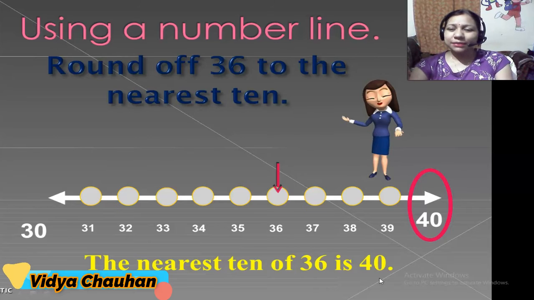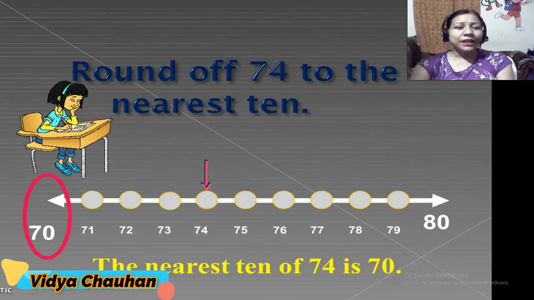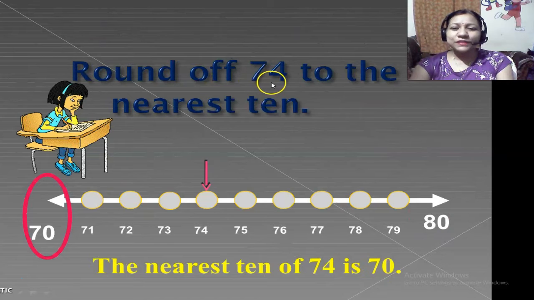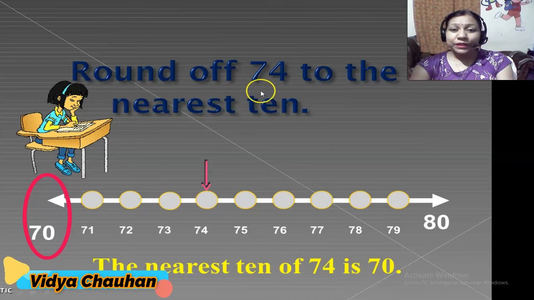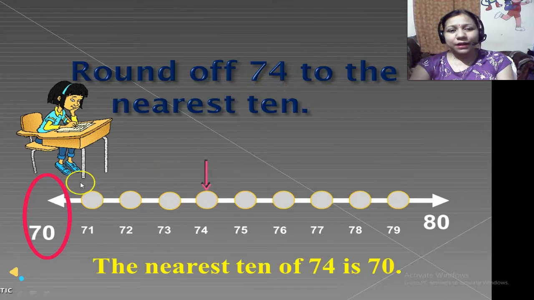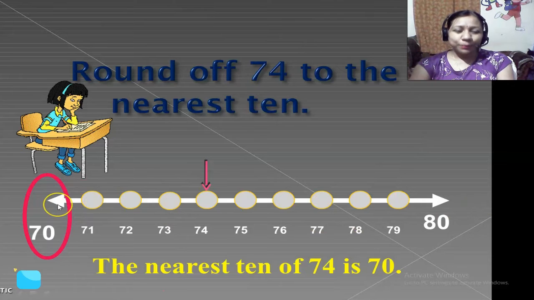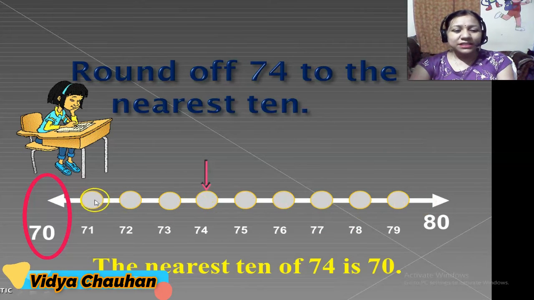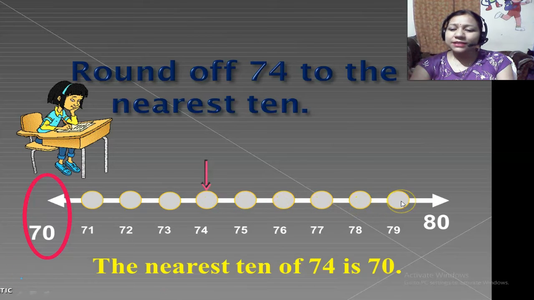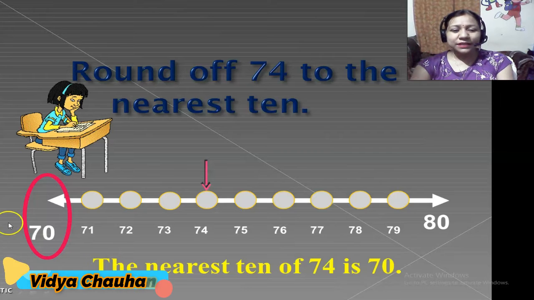Moving forward, let us take some more questions from your book exercise. In the second part, you have to round off 74 to the nearest 10. Now, 74 to nearest 10. So, once again, between which two numbers do we have to prepare the number line? We will prepare the number line between 70 and 80 because 74 lies between 70 and 80. So, preparing the number line and then dividing the portion into 10 equal parts, it is 71, 72, 73, 74, 75, 76, 77, 78 and 79. Okay. So, these are the 10 equal